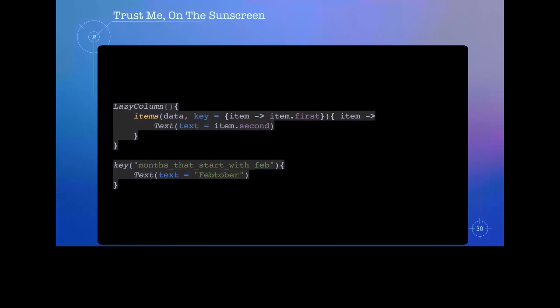Composables in that slot table are positionally memoized, and the keys used to identify them are by default a hash based on that position. So if the position in the tree changes, that is also something that will invalidate that composable and cause recomposition. In the case that you have a large list of items and an item is inserted or deleted from the front of the list, then every item after that has a new position. And if you have not provided a key to it, and if the default key is based on that position, then all of those items are getting recomposed,